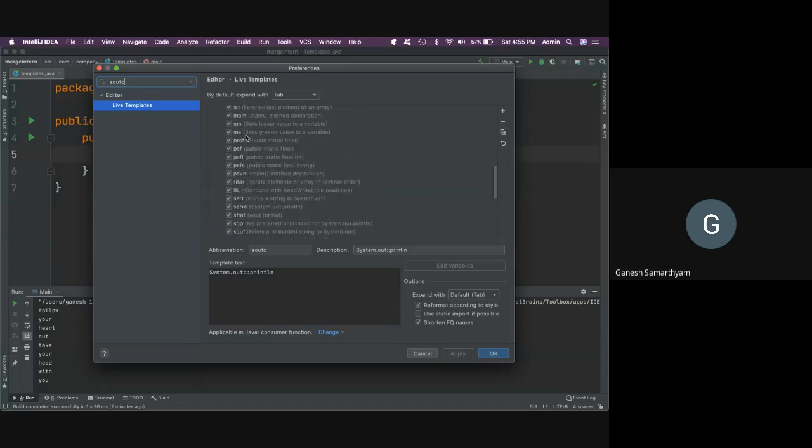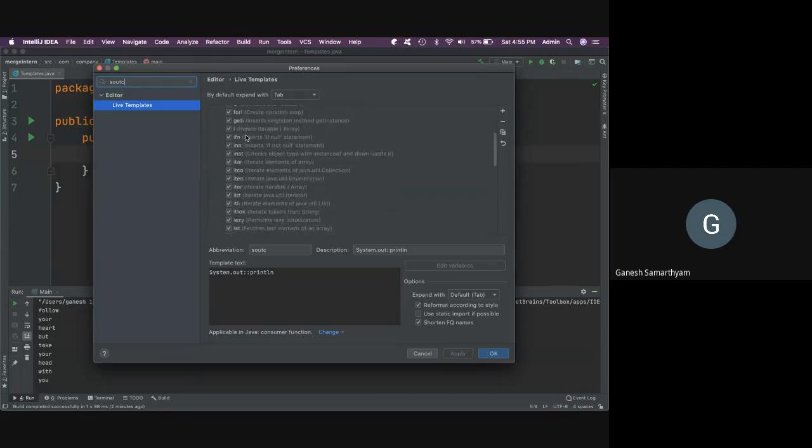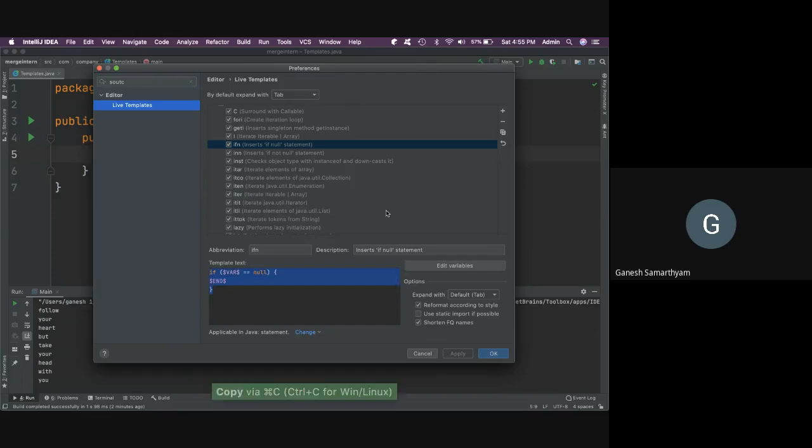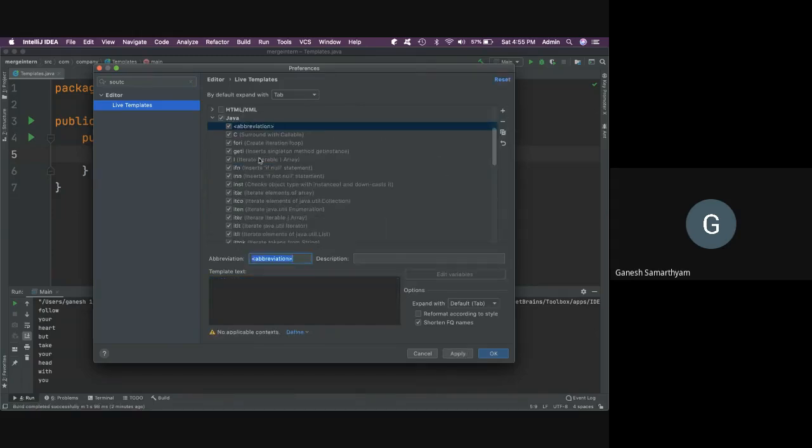And take out the code that you already have for, let's say, if null, not null, right? Take that code and create a new template. Insert a new live template and give a name. So if block, I want ifb, if block. If condition with a block. And what will be my if condition with a block? I want an if condition for the variable and end it here.